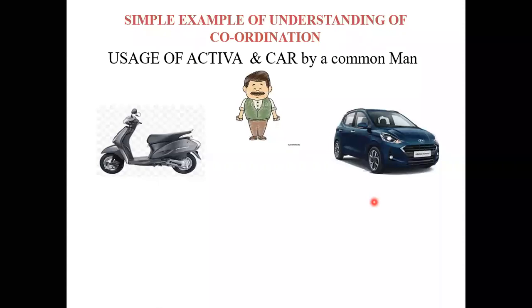So for each and every task, if you use your car, then automatically the consumption of fuel is more, and that leads to a heavy budget. So in order to decrease the budget, what will we do? We have to coordinate the two-wheeler along with the four-wheeler. Then it can be treated as an economical operation. For some operations you pick up a two-wheeler, and for some tasks you pick up a four-wheeler. When you coordinate these two in a proper manner, automatically you can save a lot of money. So this is nothing but your second point, the economy point.